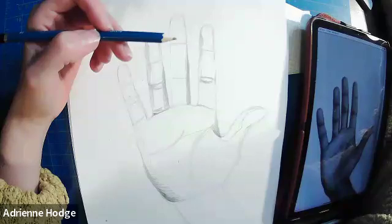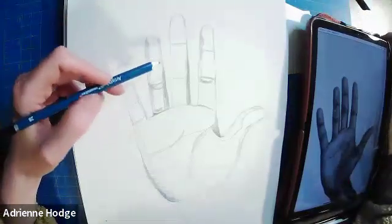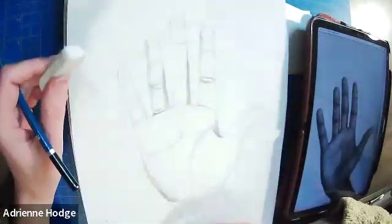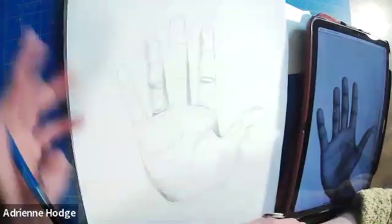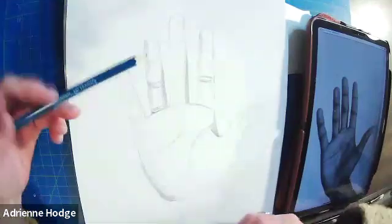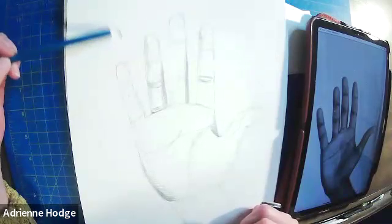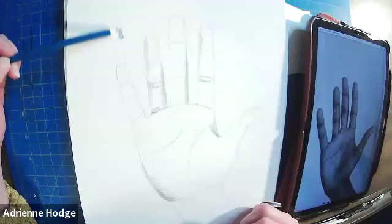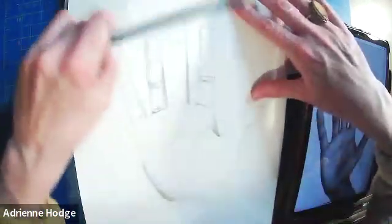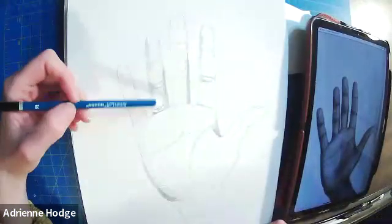I was just reading Aubrey's comment. Cross-hatching tries to play with your brain because you can get in the zone, and then it's too dark. Then you are paranoid and don't do it enough. That's a good point. Yeah, if you get a little sucked in. But luckily, if you're working with graphite, you can erase it. The easiest way to make sure that you're not putting anything down so dark that you can't erase it is to just use light pressure on your pencil. Because even if I go super dark with my pencil, as long as I let it sit on the surface of the paper, I should be able to erase it, or at least most of it. There might be some residue left, but